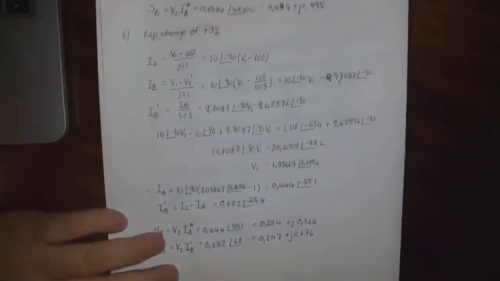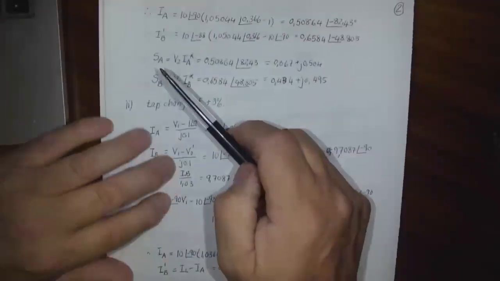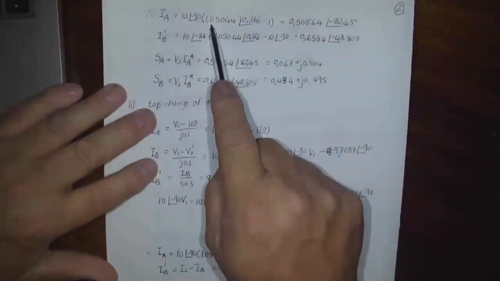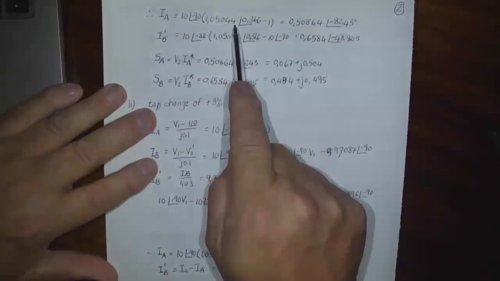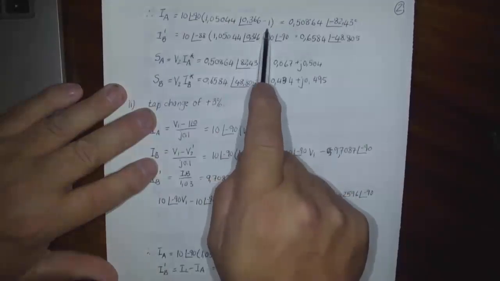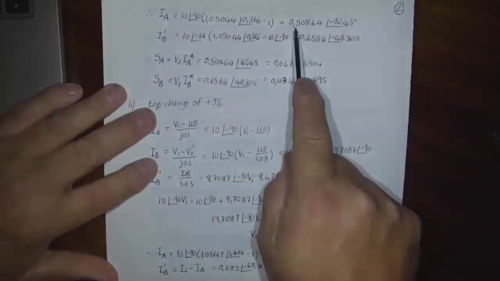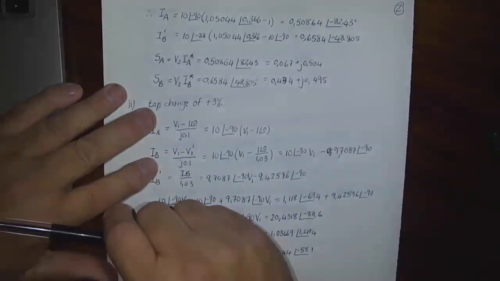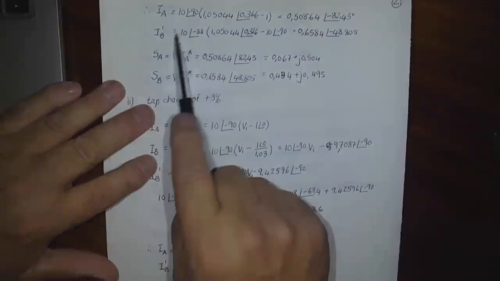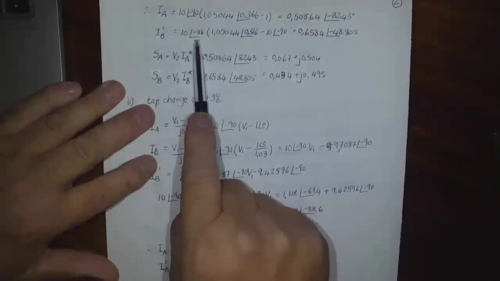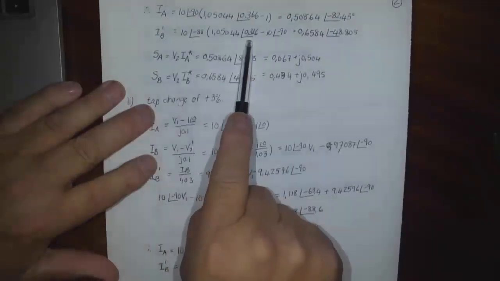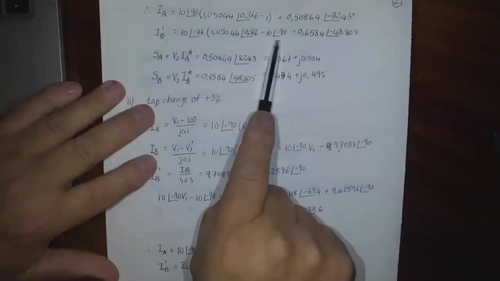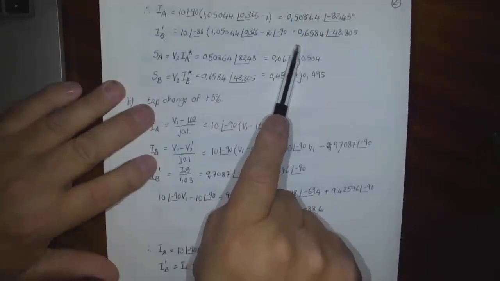Right. So IA is then 10 angle minus 90, 1.05044 angle 0.366 minus 1. That gives us 0.50864 angle minus 82.43. Oh no, here's your one. IB dash is 10 angle minus 88, like that. And that gives us